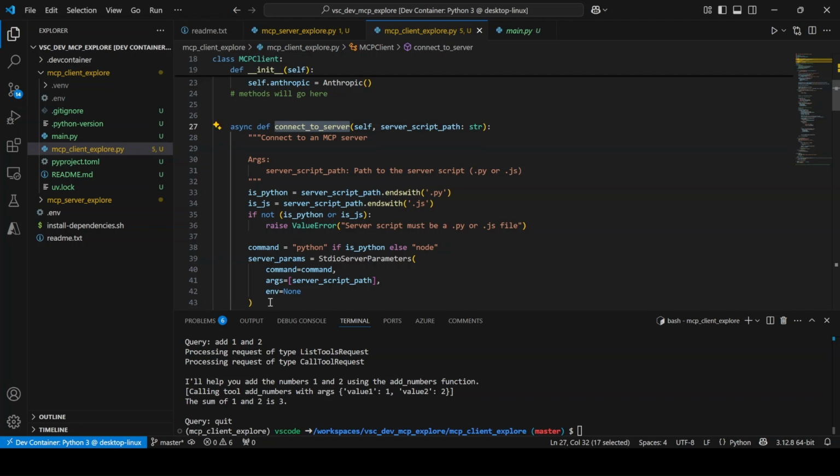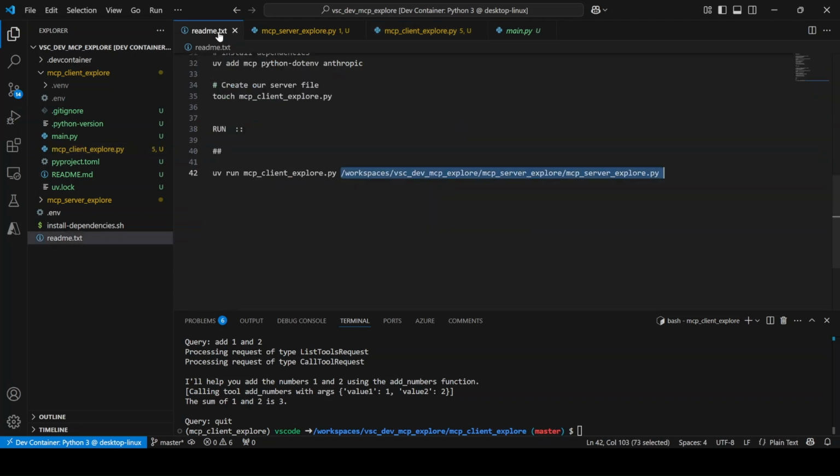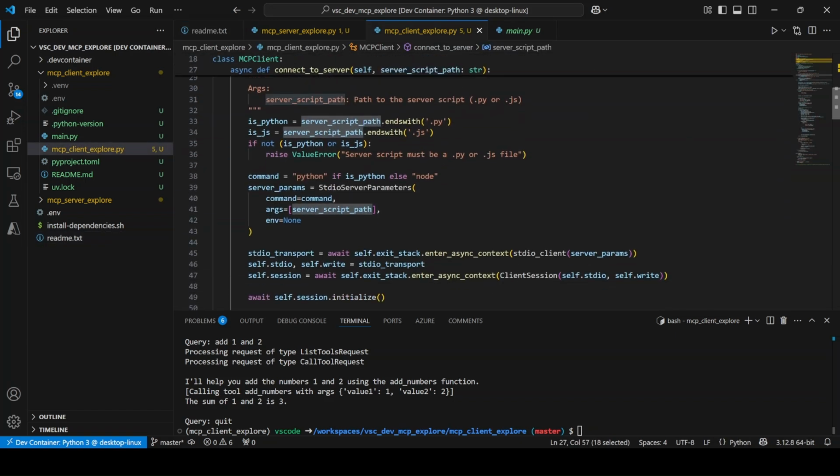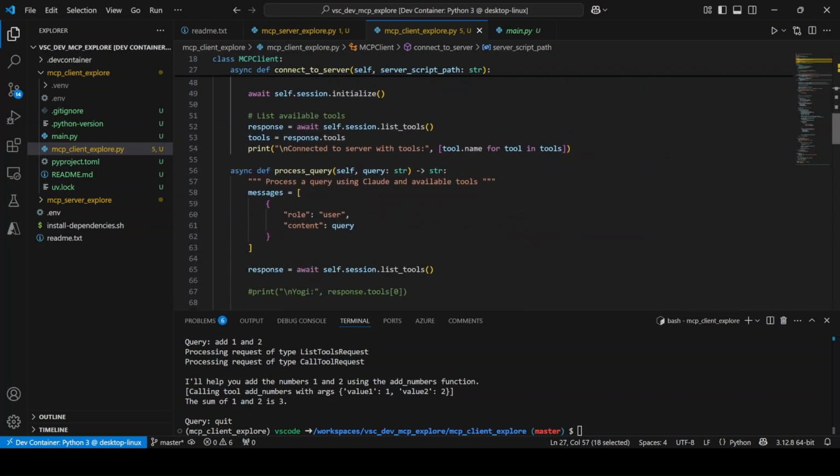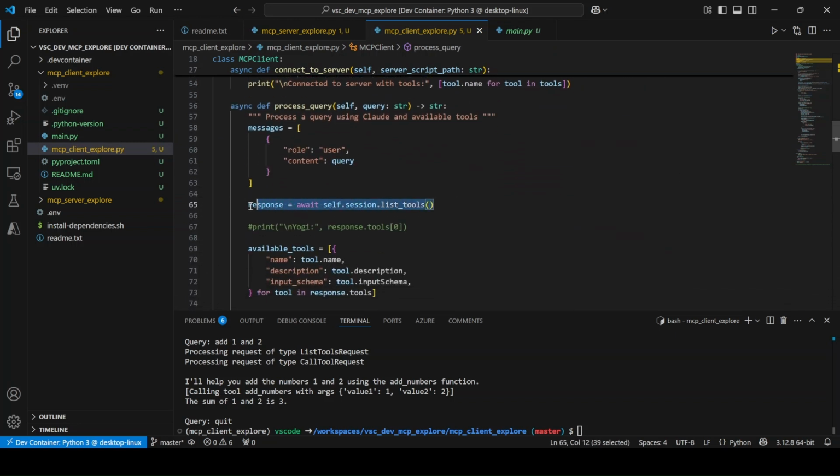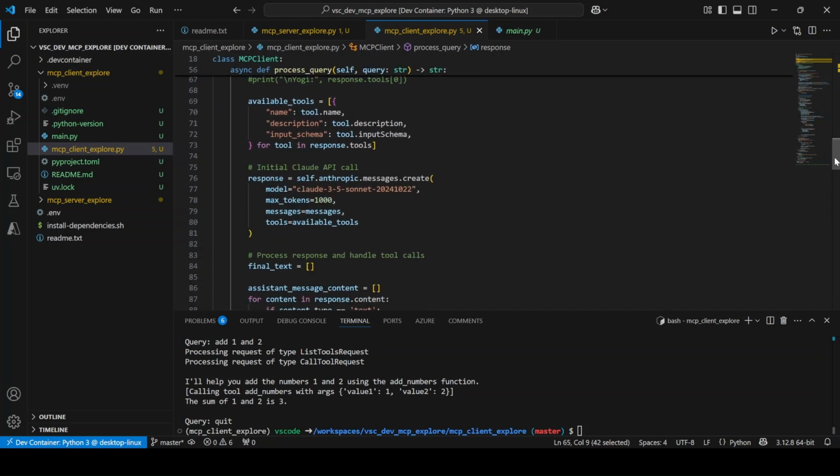It checks whether the file which we have passed as a parameter exists or not. If you noticed here, we have passed the location of a Python file, so that's what's happening here. It checks whether that exists or not. Post that, it gives the client as such. The client retrieves all the tools, and then it gives them to the LLM, in this case Claude 3.5 Sonnet, to understand the query,